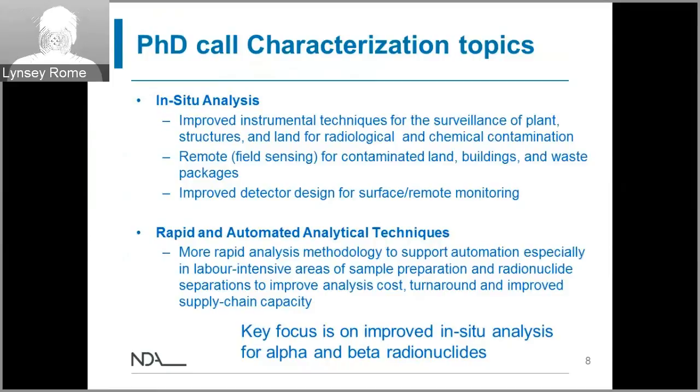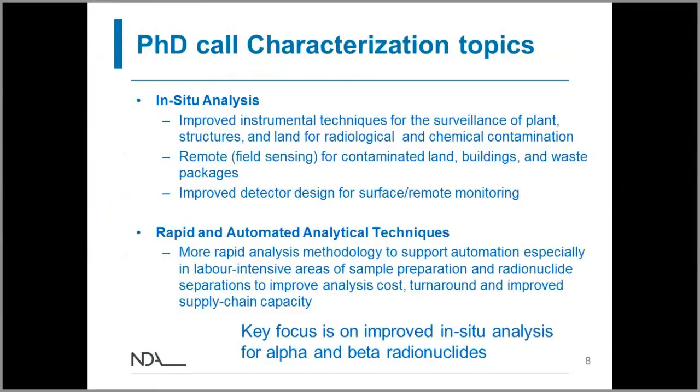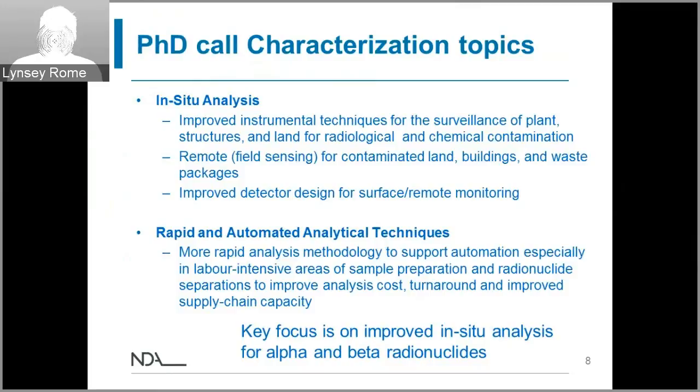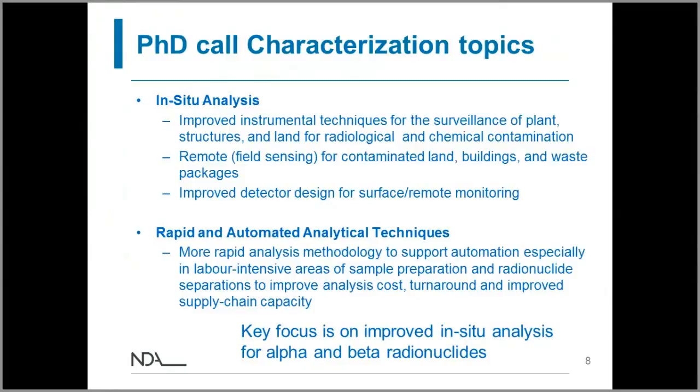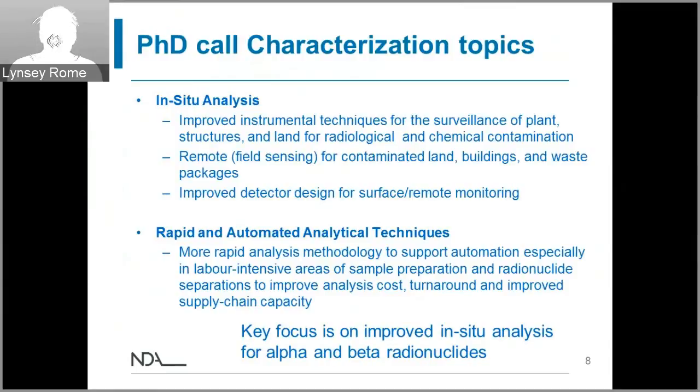The value of it is without question worth the cost, but nonetheless, we need to strive to ensure that that analysis is done as effectively as possible. We also have challenging timescales. So we need to better match the time it takes to perform analysis with project delivery. So we're looking for more rapid analysis methodology, principally to support perhaps automation in labour-intensive areas such as sample prep and separation. And with the aim of improving analysis cost, its turnaround, and improving through automation the supply